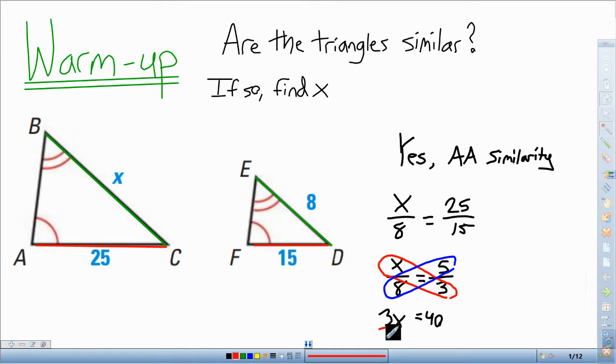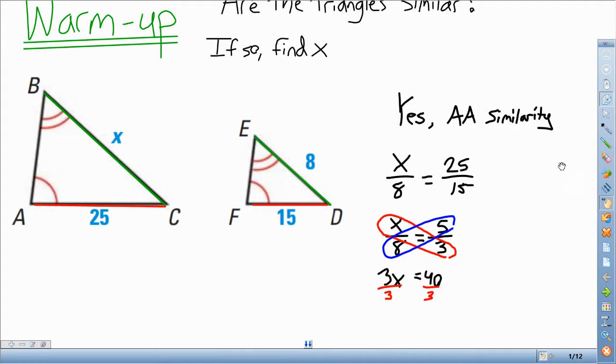Okay, and then solving for x, dividing both sides by 3. Let me scroll this down a little bit. Okay, looks like we're getting x equals 40 divided by 3. This is not going to divide evenly, but that's okay. I still want us to divide it, whether it gives us a fraction or a decimal. So it looks like I'm getting